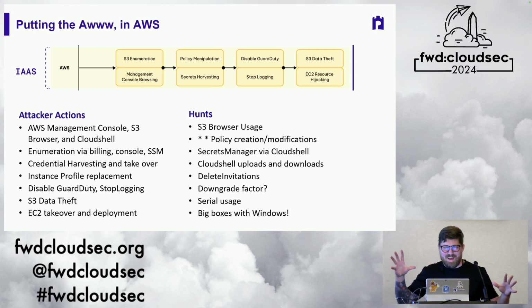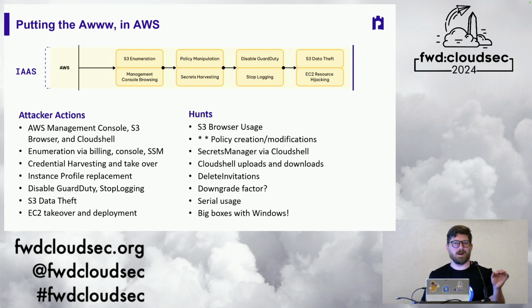Cool. So, Cloud Shell. That's one other thing I want to mention on Cloud Shell. File upload and download capabilities with Cloud Shell. And hey, underneath the hood, that's just Kubernetes, right? That's just an instance, which looks to be persistent from at least the little bit of research I've done there. So if anybody has time to do that at some point, I think that'd be cool to see, could you forensically connect to that instance that is powering Cloud Shell to figure out everything that was going on there. I think you might be able to. So that might be a cool research project for somebody out there.